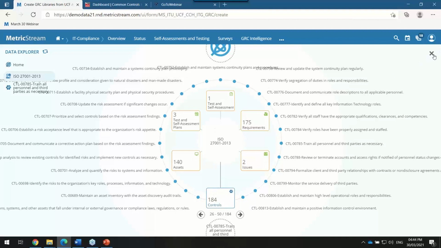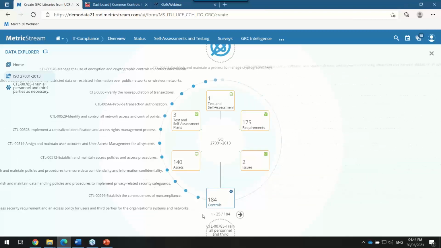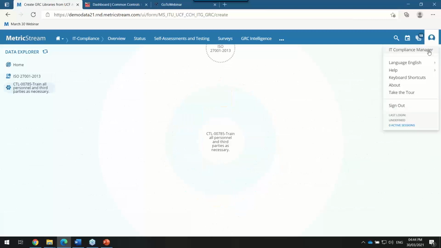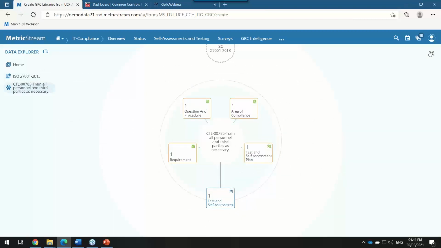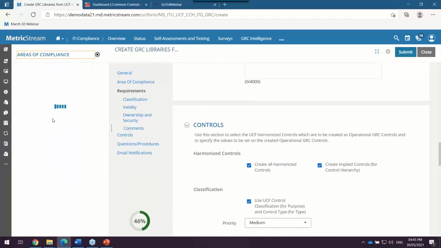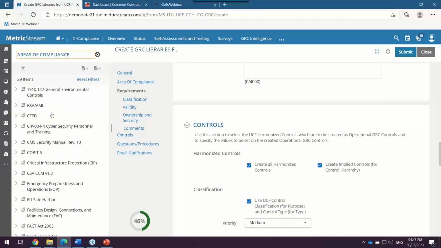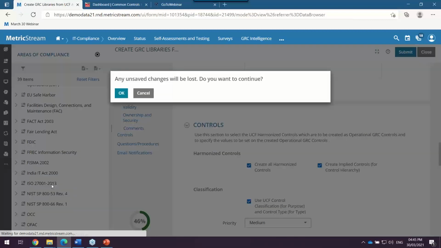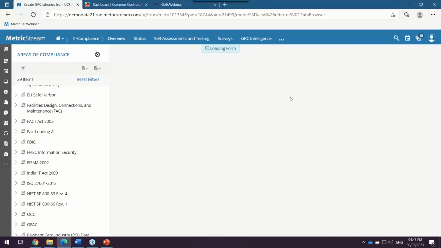So MetricStream comes with a robust relationship model, as I said, which is nothing but the libraries, as we term them, wherein we store the list of controls, the areas of compliance, and the requirements and so on. As I said, these relationships could also be maintained within. You have a simple UI where you could just open up and appropriately tag those relationships, enhance them further, uncheck them, and so on and so forth.